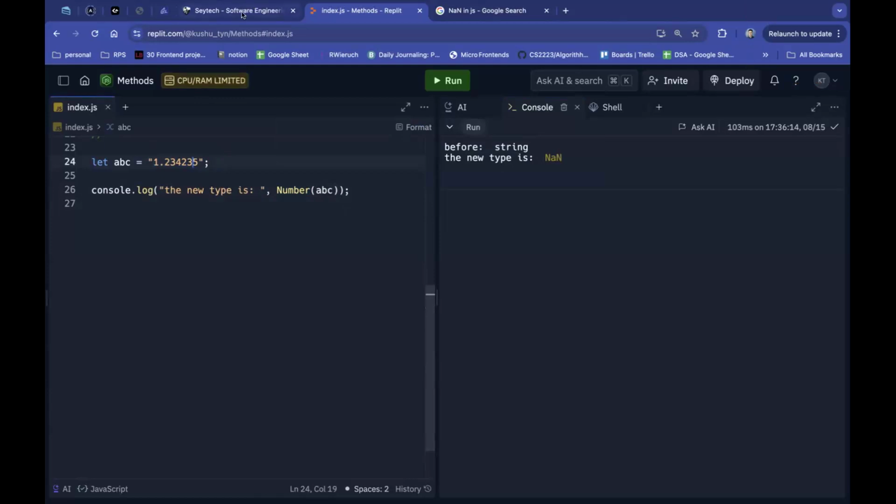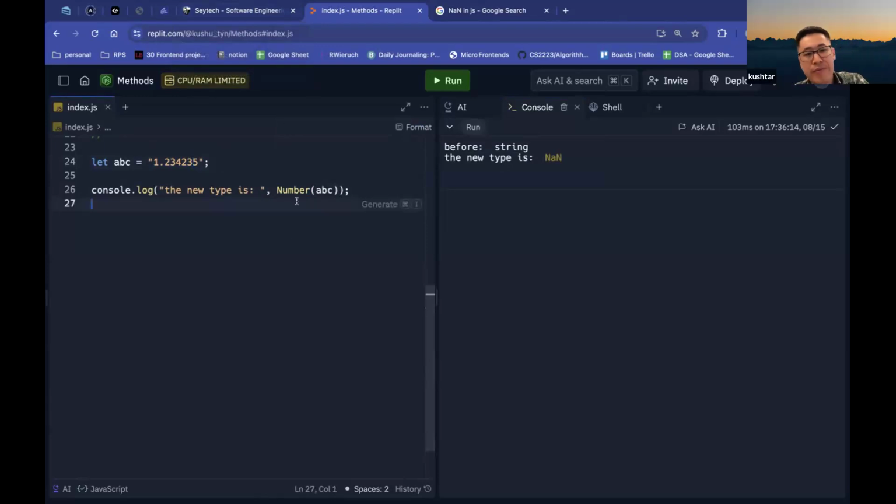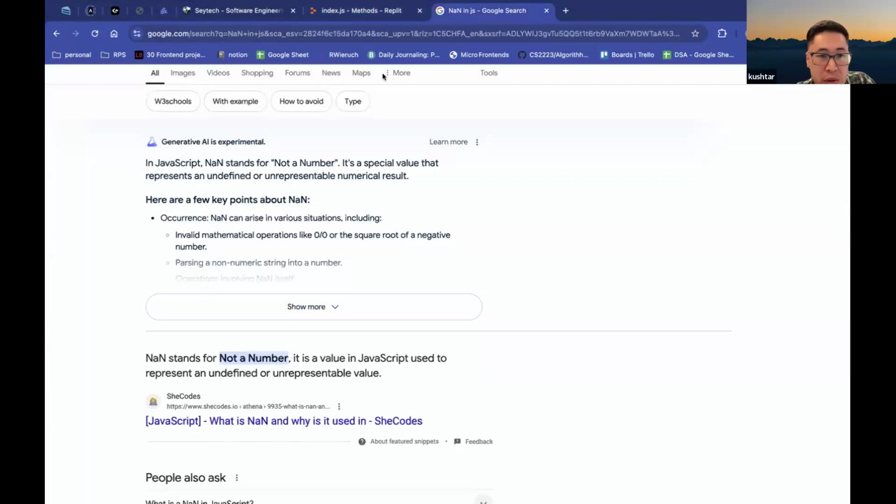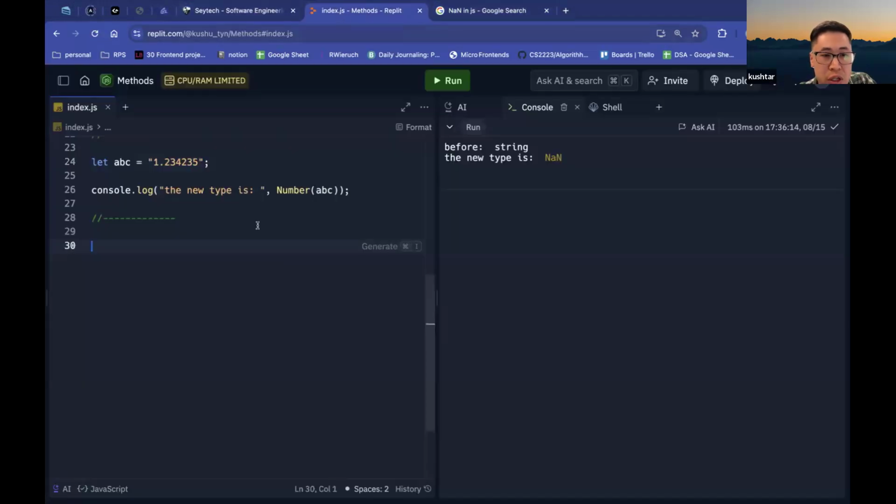But parseInt, it's the same as Number, right? Is this the same way to return it? Yeah, let's test that one too, because I got confused. It's the same thing, right? So let me make sure parseInt is used for only that purpose. Let's say we have this ABC, and instead of Number,